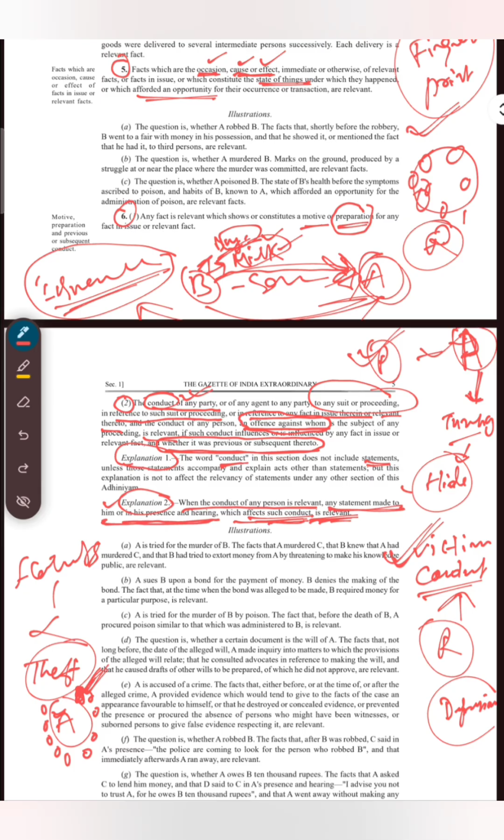Now let us keep ourselves limited to section 6 only today. In the next class, we will discuss the further sections. It is a very big topic, so it is not possible to finish it in a single class. But if you want to study very minutely, then you will have to give time to various sections. Even the phrases of these sections are very relevant and very important for exam perspective.